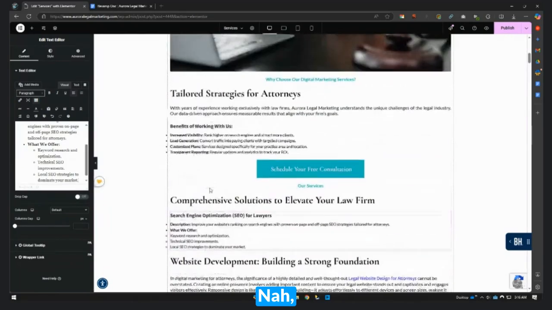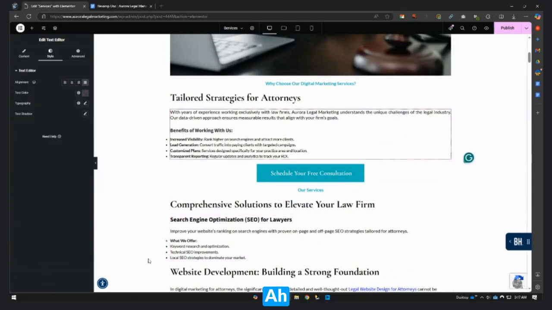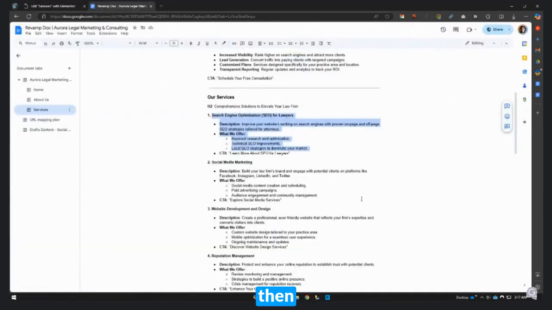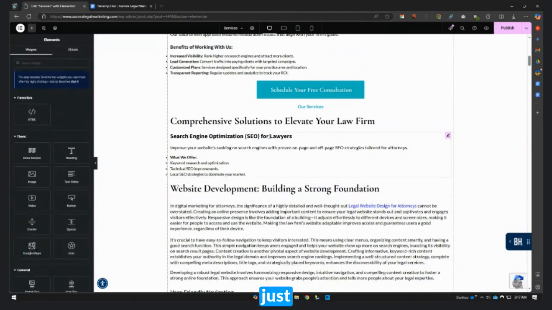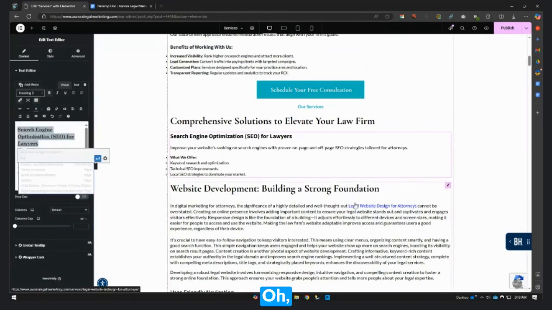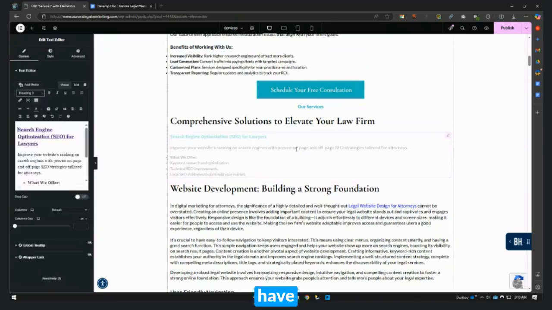It doesn't show up here. Let's see, it's not showing. Let's use the H2 to have that link first there. Then we have the keyword here on page.